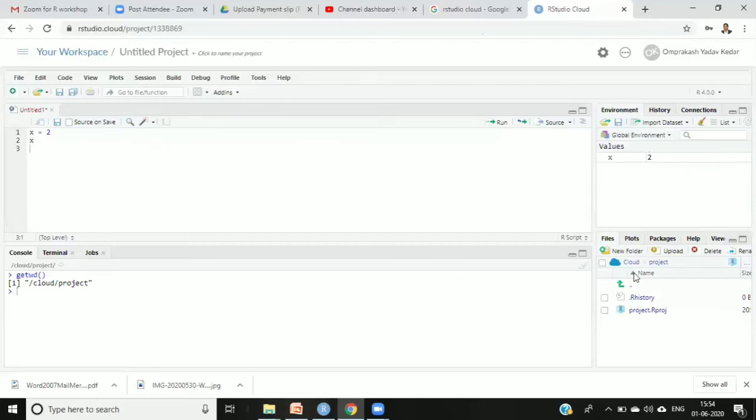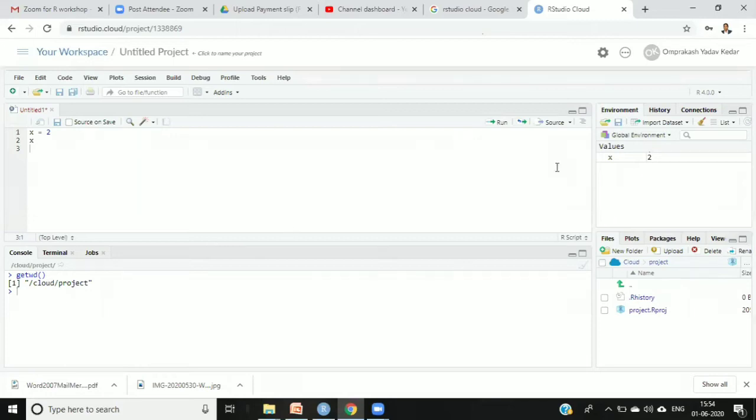So whatever default you are getting, that will be the project directory in the cloud, and let it be the same directory for the cloud user. There is no problem. But for R Studio, those people can make the directory anywhere and then they can set it. So I hope this is clear to you, how to set the directory, right?